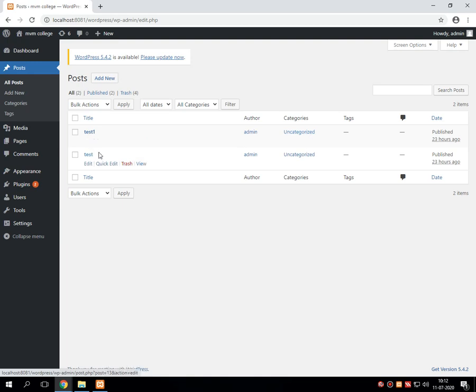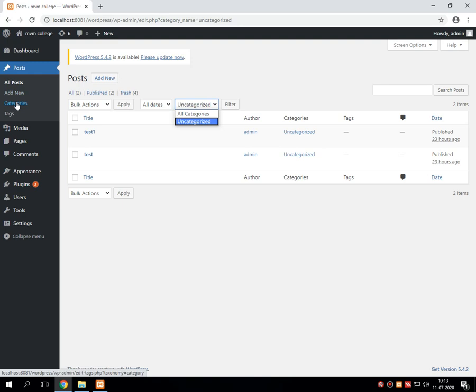So just click onto the post that you have created and go through the option called categories. In the categories, first it shows two options, that is all category and uncategorized. Uncategorized means if no category is given, it will show as the uncategorized category.